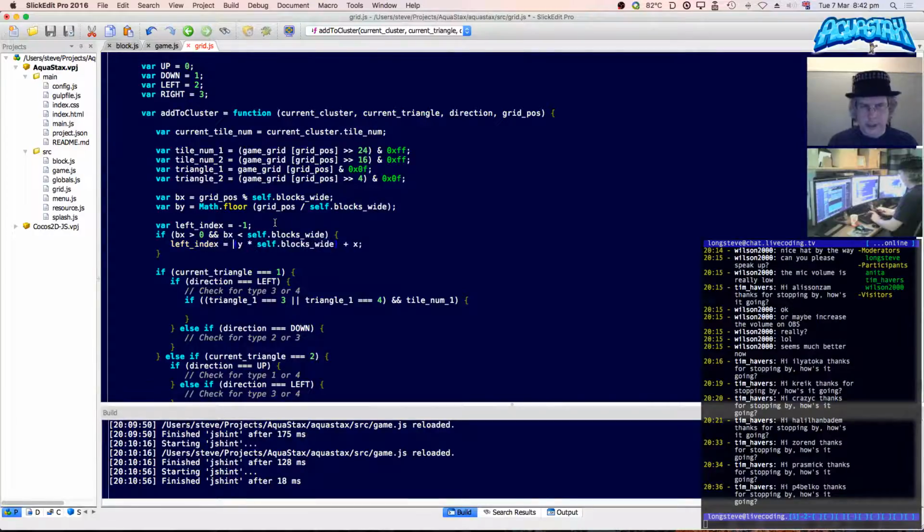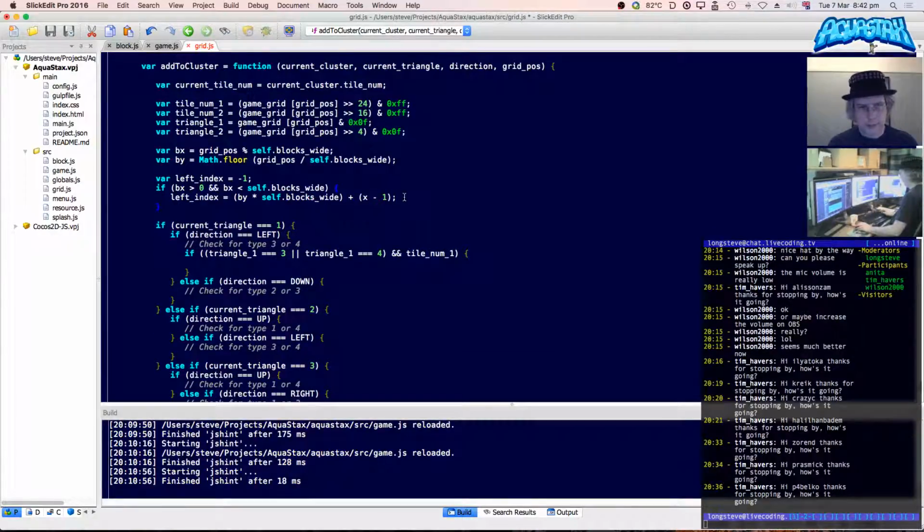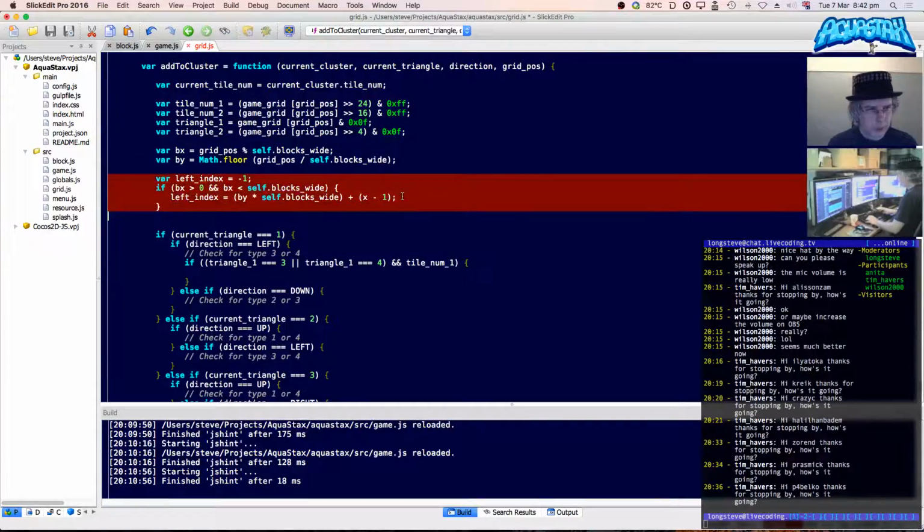Left index is going to equal by times self.blocks wide plus x -1. So that'll be the index for one cell to the left, or -1 if the x position that we're looking at is currently on the left edge or the right edge. Okay, so I suppose I can do the same for